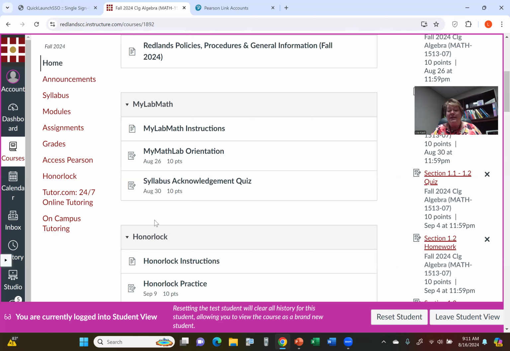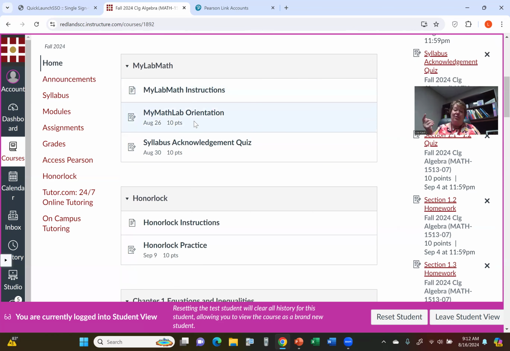By the way, my name is Lisa Kastl. You can see that right there on the Zoom window. Kastl. There's no E on the end. All right, the next thing you need to do